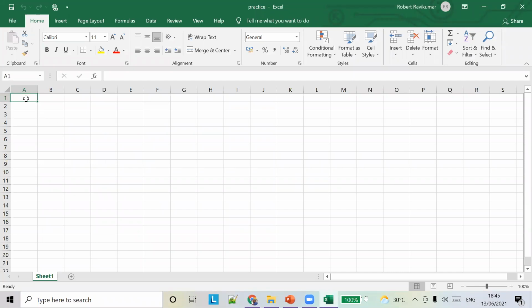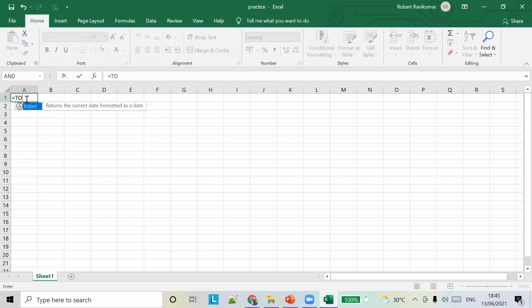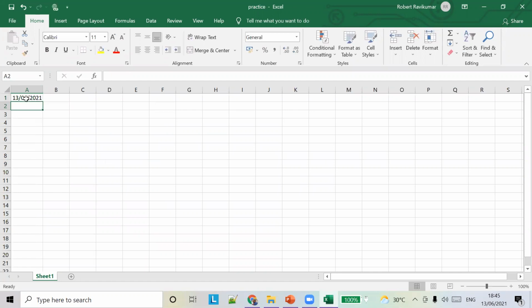As I told you, equals today will give you today's date. So today's date is 13/6/2021, so 13th June is today's date. Similarly, if you want to add some days from today, say 3 days, it should give you the 16th.